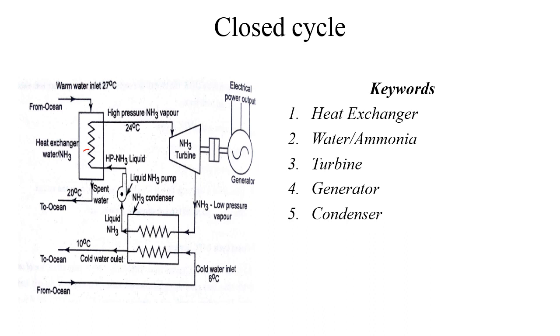With the help of the condenser, seawater pumped from below 1000 meters in depth of the sea is used to cool the ammonia. Once it cools, the seawater is returned back to the ocean. The inlet water temperature for the condenser is around 6 degrees Celsius and the outlet water temperature should be around 10 degrees Celsius. There is not much difference between the condenser inlet and outlet temperature,